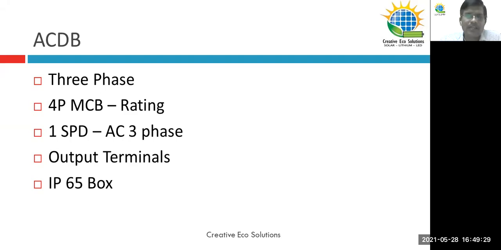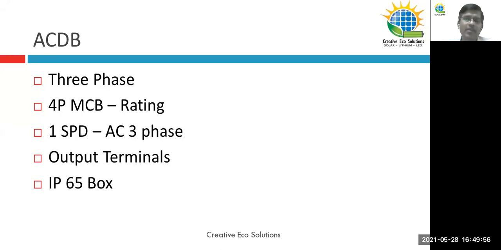The next one, on the inverter side, we will be having an AC distribution box. In our case, we'll be requiring a 10 kilowatt system, which is a three-phase inverter. We'll be requiring a three-phase box. In that, what we'll have inside, we will have a four-pole MCB, right? And we may have three-phase indicators RYB, and then we'll be having one AC three-phase SPD to prevent any surges coming from the EB side and harming the inverter.